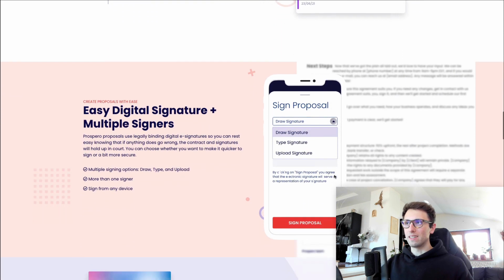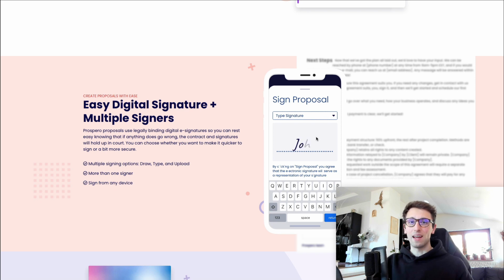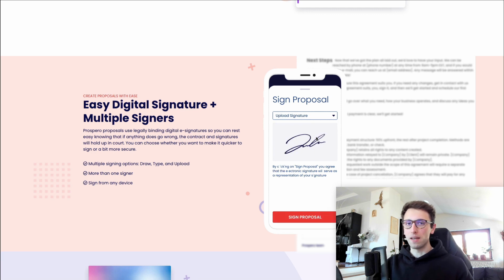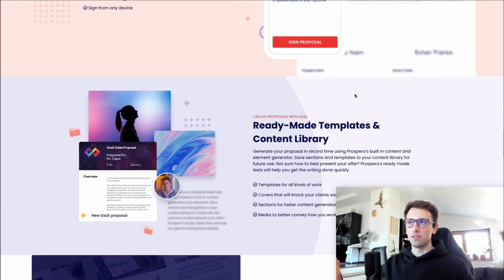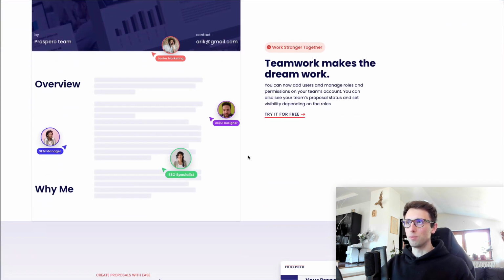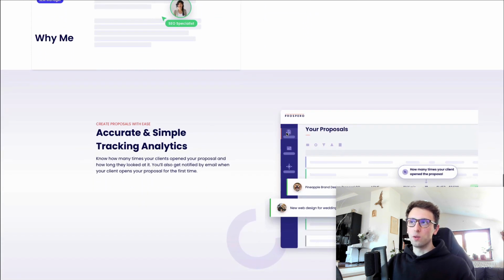So you have these easy signs. Basically, you can send a link to your client. He can view the proposal, and then he can do a digital signature and also pay on the spot. You can connect it with Stripe or any other payments processor. And there's also Zapier interactions, I think. I'm not 100% sure about that, but basically this is just a really solid way to create and send proposals